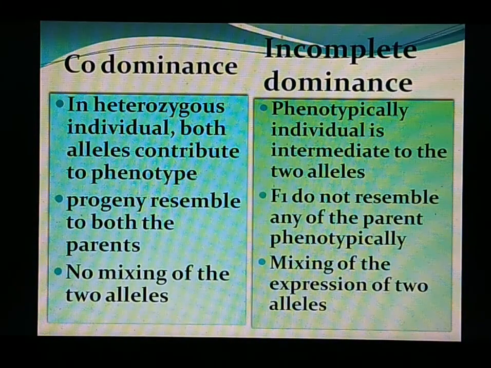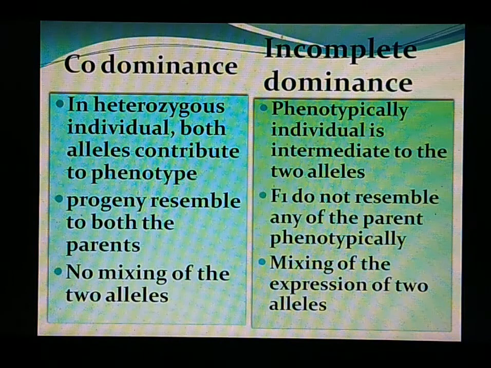So the person having type AB blood group is the universal recipient. So they can take blood from a person having A blood group, or B blood group, or O blood group. Just because on the surface of the RBCs both types of antigens, A as well as B, are present, and they can take O blood group because O blood group does not have such antigens or sugar polymers, right?